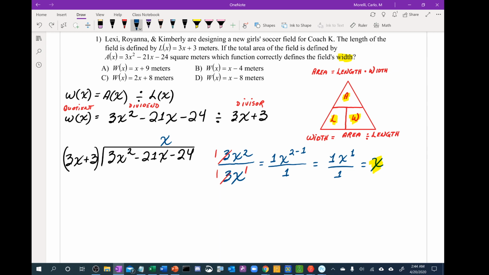We'll do that here in side work. x, open parentheses, 3x plus 3, close parentheses. We're going to do a little bit of distribution here. x times 3x, we have to apply the product rule. So the product rule states that when you multiply bases that are the same, you add the exponents. Remember, the quotient rule says when you divide bases that are the same, you subtract the exponents. Product rule is just the opposite. When you're multiplying bases that are the same, you add the exponents. So this equals